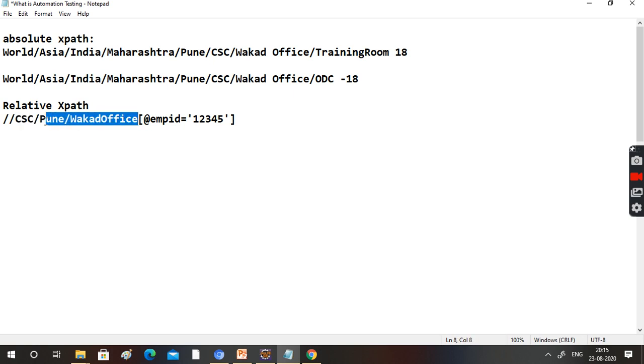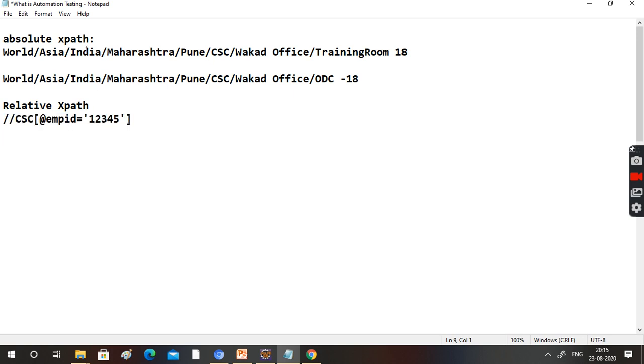You should use it like this. Pull all the CSE company data. In that, I want to meet the person whose employee ID is 1, 2, 3, 4, 5. Then they will easily identify you. Whether you stay in India or US or Australia or anywhere, I could easily identify you. No problem. So this is what the relative XPath is.